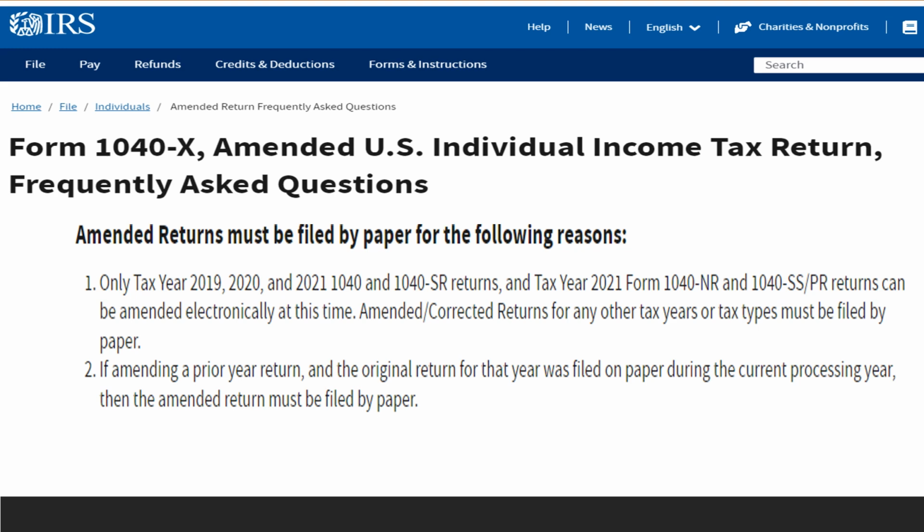So just remember, amended returns generally have to be filed by paper unless they were done for tax years 2019, 2020, and 2021, and going forward. 2022 should also allow it to be done electronically. What this means is that if it's electronic, it's faster processing because it's able to automatically get into the systems and go through checks, versus if it's before 2019, and there are some people waiting for pre-2019